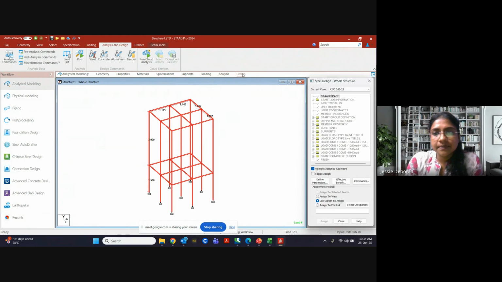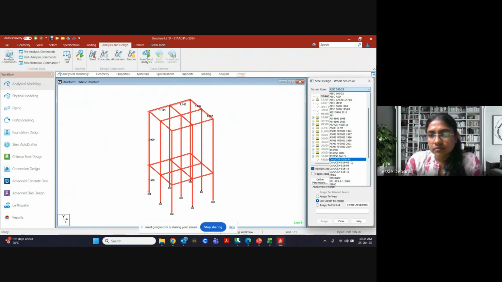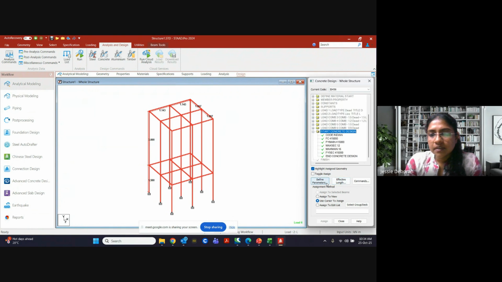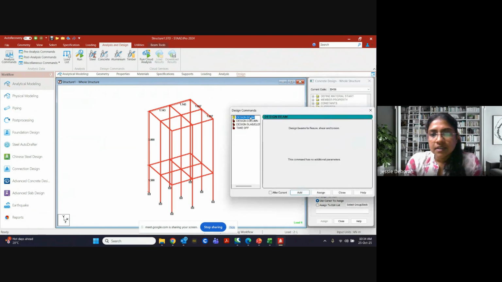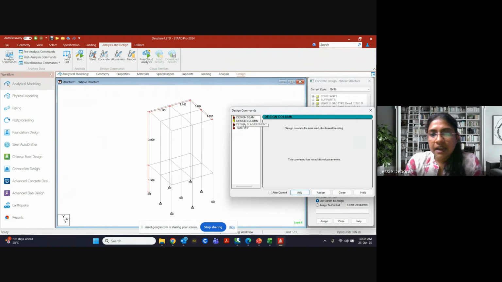Moving on to design. Design also, concrete design. Here it will be commands: design beam, add, design column, add, take off, add, close.